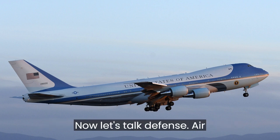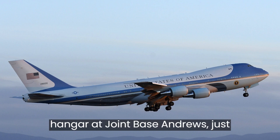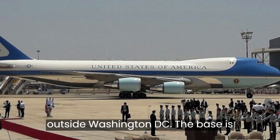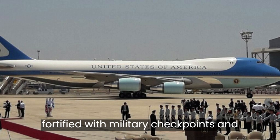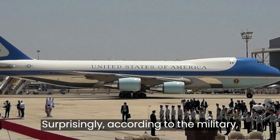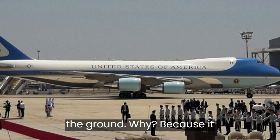Now, let's talk defense. Air Force One resides in a super-secure hangar at Joint Base Andrews, just outside Washington, D.C. The base is fortified with military checkpoints and 2 additional layers of fencing. Surprisingly, according to the military, Air Force One is safer in the sky than on the ground. Why? Because it can embark on a